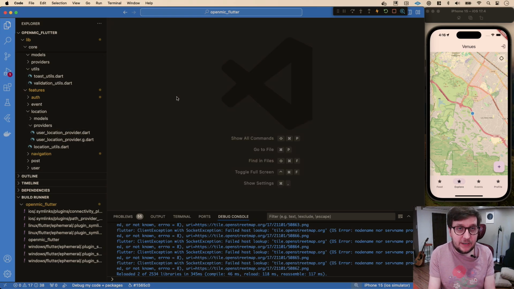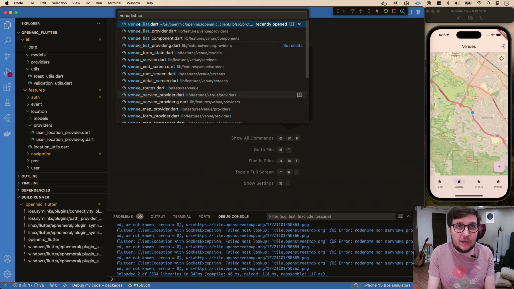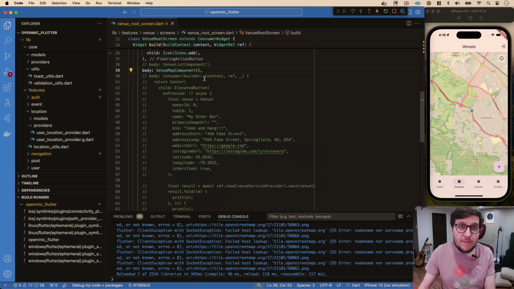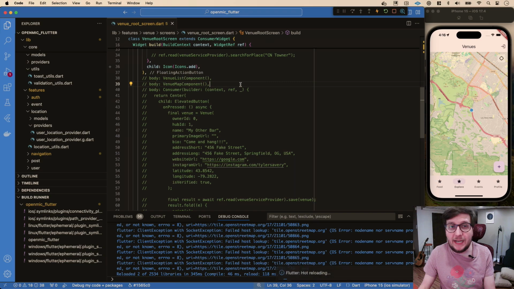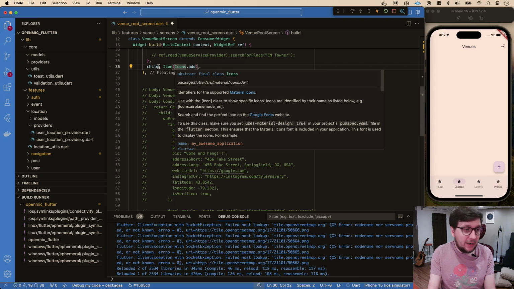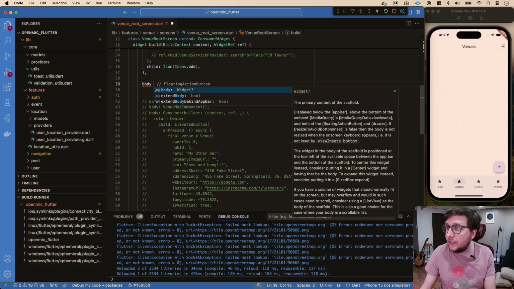We'll go to our venue list screen. I think that's what we call it, venue root screen. Yeah, right now we just have the venue map component. I'm going to get rid of that. And now we'll just have this lovely blank sort of thing. What I want instead for the body is we are going to,